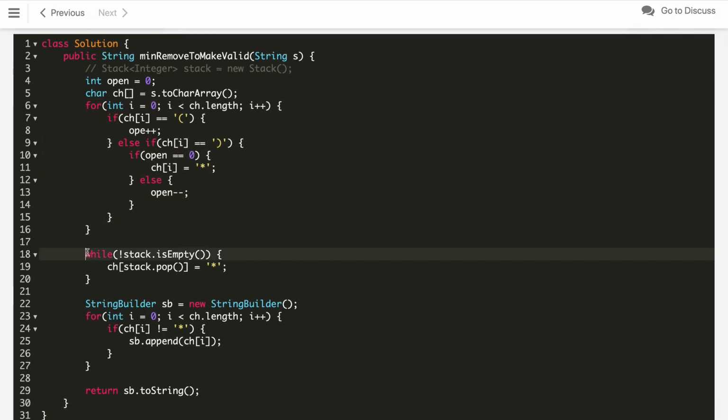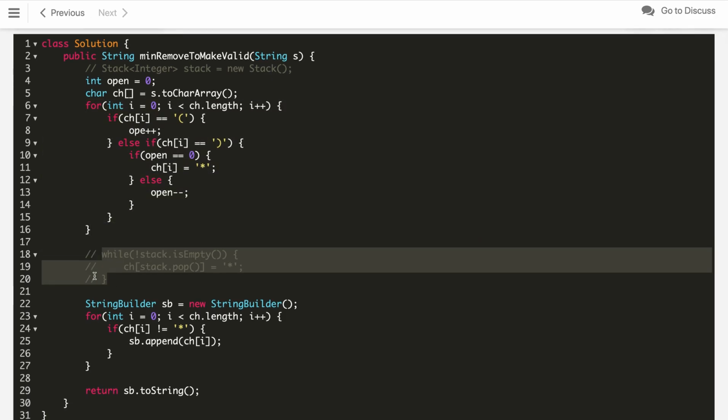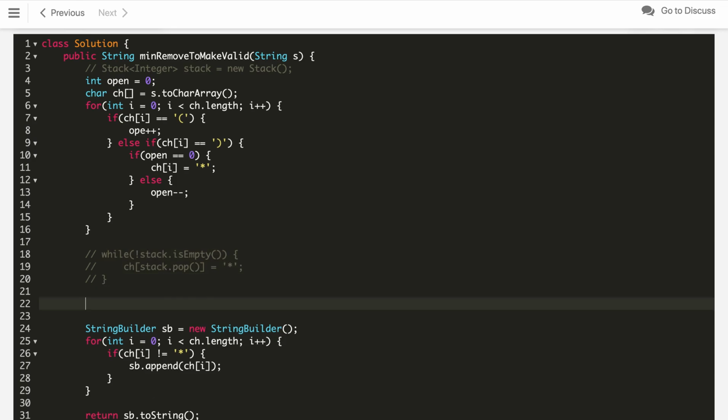Now we will change this part: we start a for loop again from the end. It should be an integer, not a string: i equals ch dot length minus 1, and it will go until i is greater than or equal to 0 and our open is greater than 0 as well, and we will subtract i by 1.